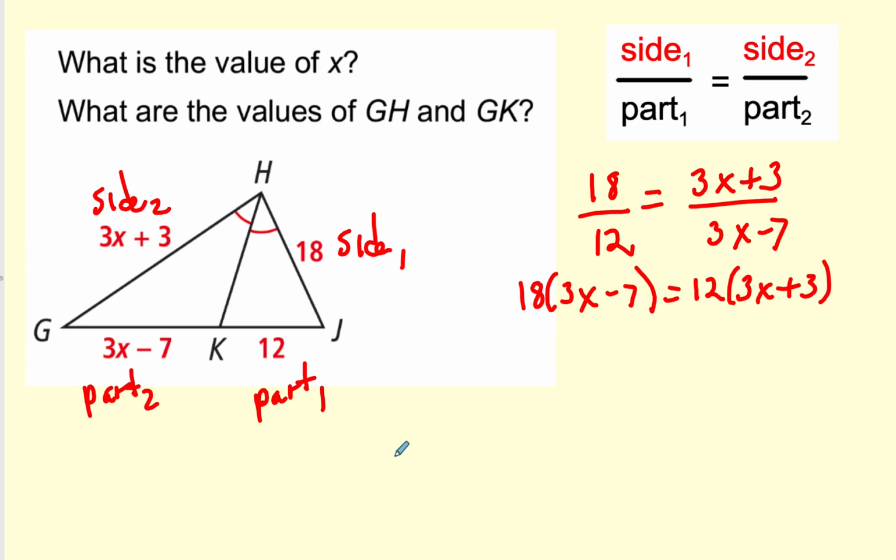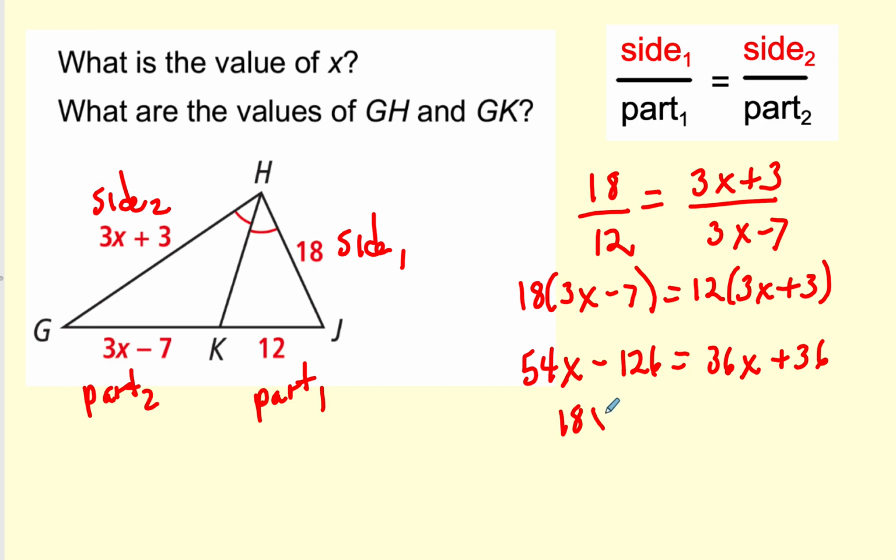So that's going to be 54x minus 126 equals 36x plus 36. I'm going to subtract 36 on both sides, and subtracting 36 on both sides, I get